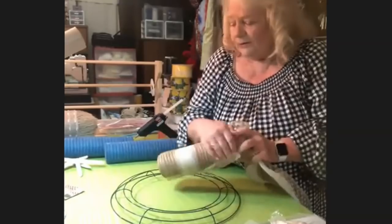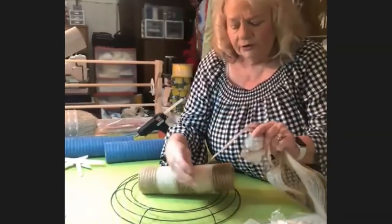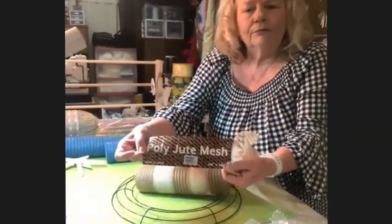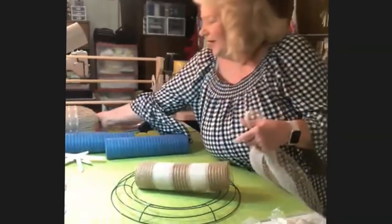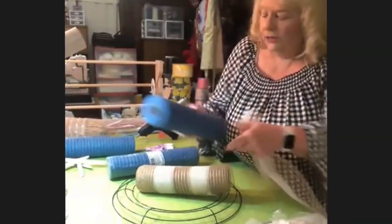This mesh, I just love it. It doesn't really pick your clothing or anything, and this is what it is called. I don't know, polyjute. Oh yeah, polyjute mesh. I'm sure y'all, I love it. And the blue,